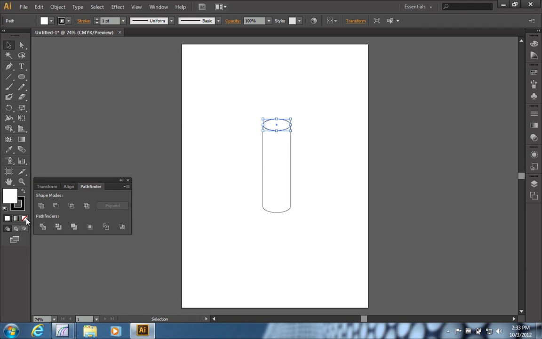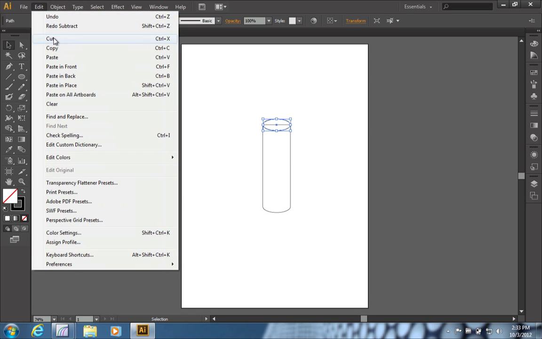But if you have this transparent, you see you have a line there that you want to get rid of. What you can do now is to take the top object here and subtract it from the other one with Pathfinder. But if you only do that, if you take the minus top, then you have lost the top of the cylinder. So what you can do is copy this object in Edit, and you say Copy,